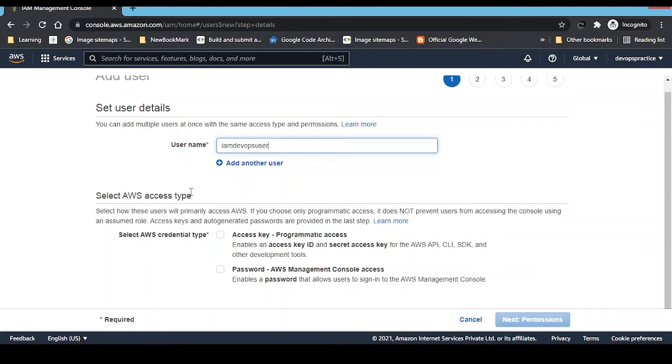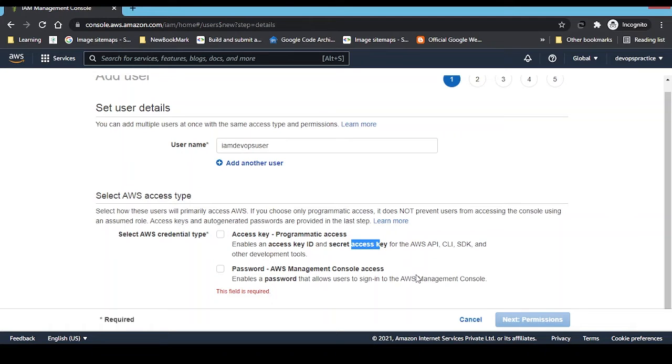Suppose you are working with your APIs, CLI, SDK, meaning basically you don't need to log in on your AWS management console. That time you can use this access key and secret key. But remember guys, getting this access key and secret key doesn't mean you get access to your AWS management console, because AWS management console doesn't need access ID and secret access key. So access ID and secret access key are only used for your API purpose, CLI and SDK and development tools purpose.